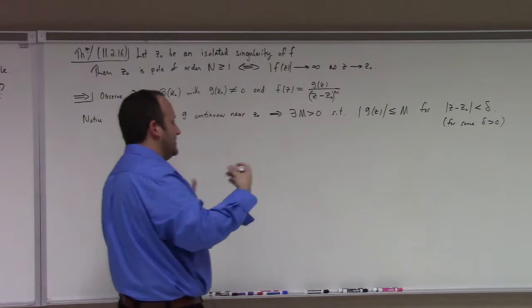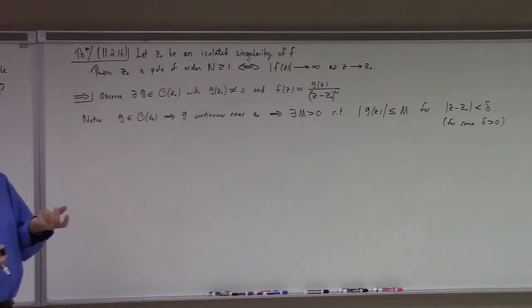I mean, there exists some delta greater than 0 such that we can bound the g of z to be less than a certain value because it's continuous, right? Then, thus,